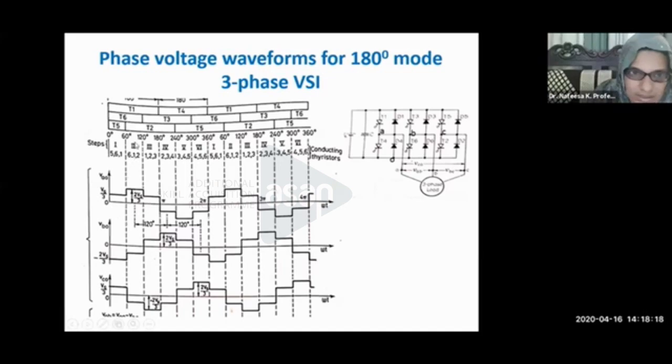Similarly, here in the 6-1-2 period, we can see that two bottom thyristors, that means even thyristors 6 and 2, are conducting. So with 6 and 2, you will get minus Vs by 3, minus Vs by 3. Then T1 gives 2 Vs by 3. The limb which is connected to only one thyristor is having 2 Vs by 3, and the other is having Vs by 3.